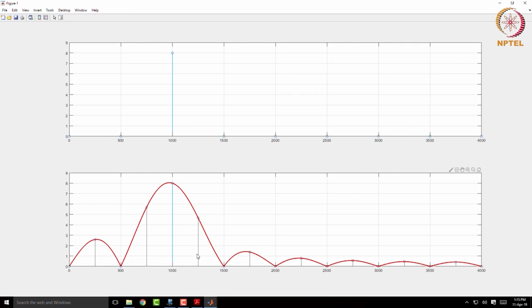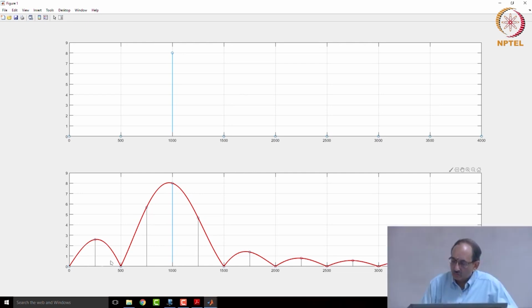Remember, the DTFT cannot be computed on a machine, and this surely is being computed on a machine, and I am showing this plot. Therefore, this red curve, which is the DTFT, or so I claim, is really the